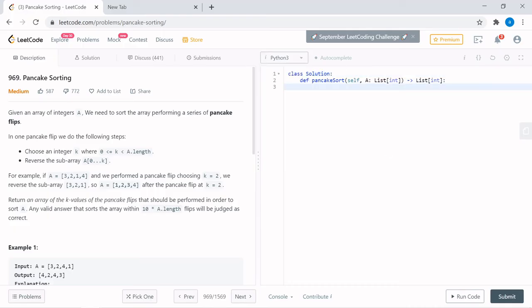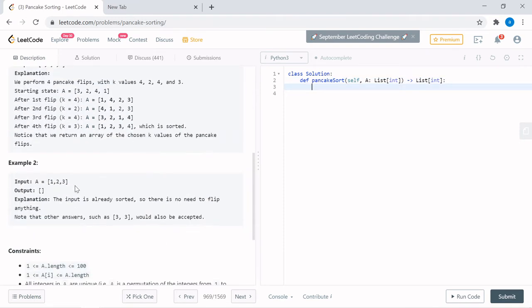Now to implement this solution, I'll get back to my board. So let's build up the solution. As I told you, you can have a situation wherein you have the array already sorted. In that case, what are we supposed to do? We are supposed to return an empty array. So first initiate our R. What is R? R is the flip array which we will return. If sorted, basically when my array is sorted, I have to return just the empty array, which is R.